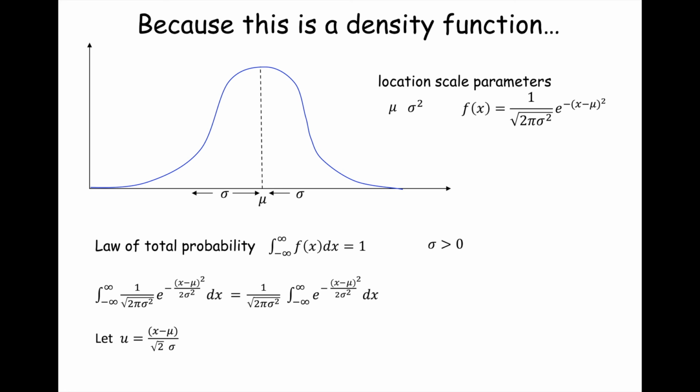So here, when we do the Jacobian, we're going to let u equal x minus mu over radical 2 sigma. The reason for that is we want something that says u squared, and the only way we can have something squared with the substitution is by taking the square root of this constant here. So that's why we do that. I jumped ahead of myself. All right, so there's our substitution for u.